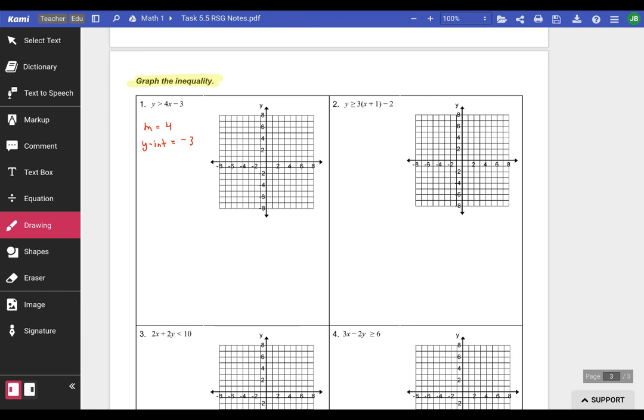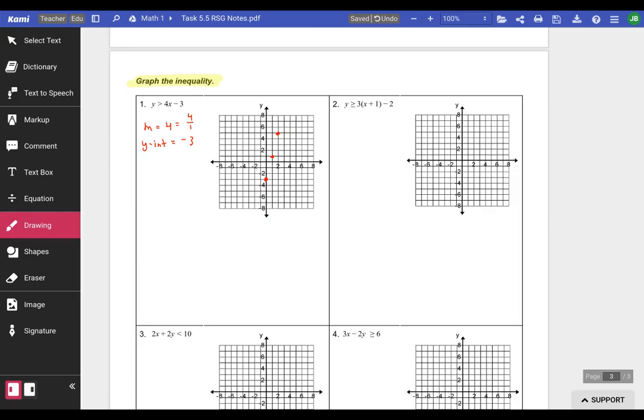I've got to be careful with that sign. So I'm going to go down to -3. My slope, I know, is the same as 4 over 1. So 1, 2, 3, 4 over 1, and again 1, 2, 3, 4 over 1. I've got some points there. My next decision was